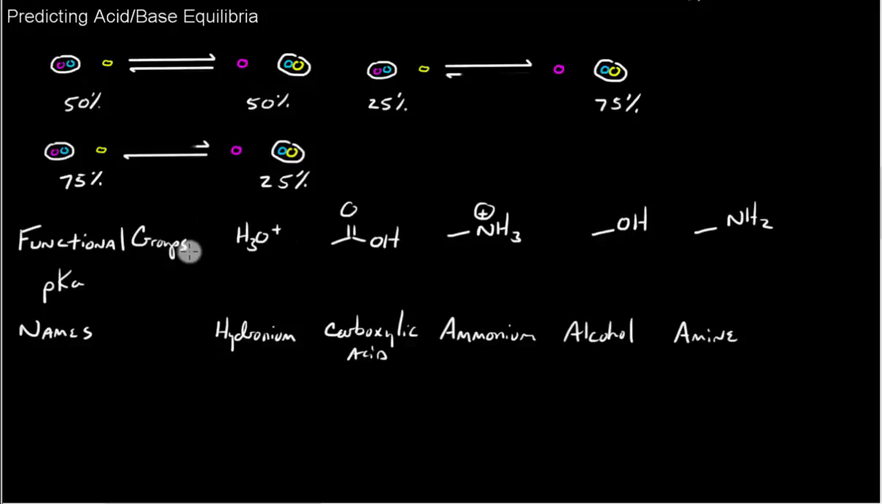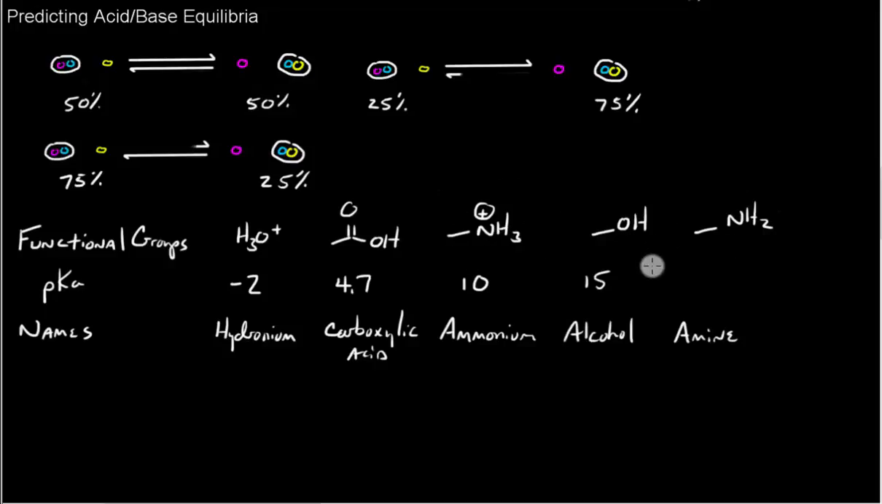If you actually look at the pKa's for these molecules, you'll find that the hydronium has a pKa of -2, and then next up we have carboxylic acid. This guy's pKa is 4.7, and the next, ammonium, its pKa is 10, and then the alcohol's pKa is 15, and then finally the amine, its pKa, again, is not going to be 10 because this guy is neutral,